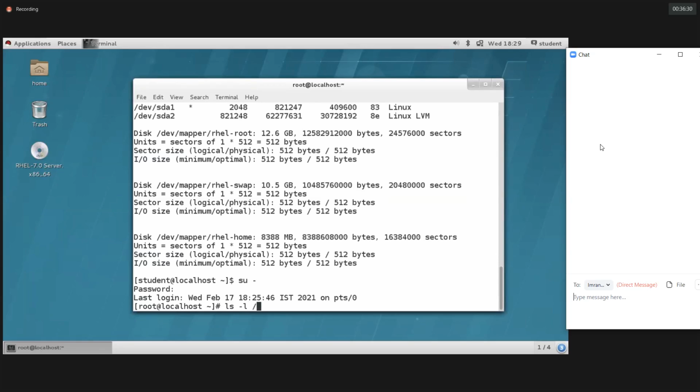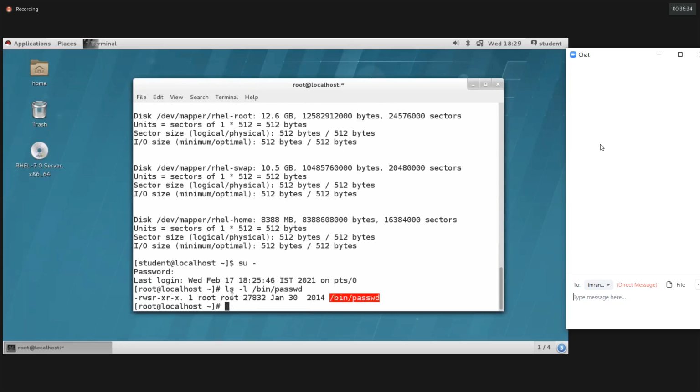Let's see here, ls -l /usr/bin/passwd. See, the passwd command has the special permission. Because of that reason, a normal user can change his password. Clear? I hope you got it.